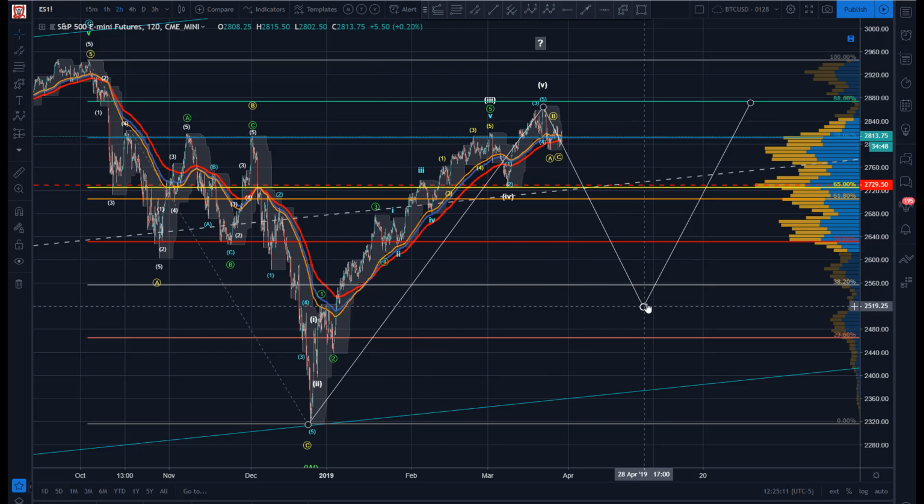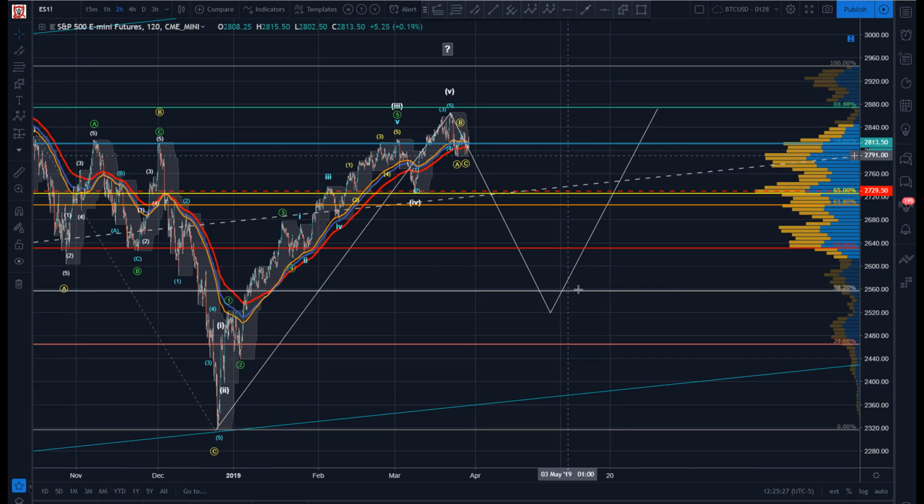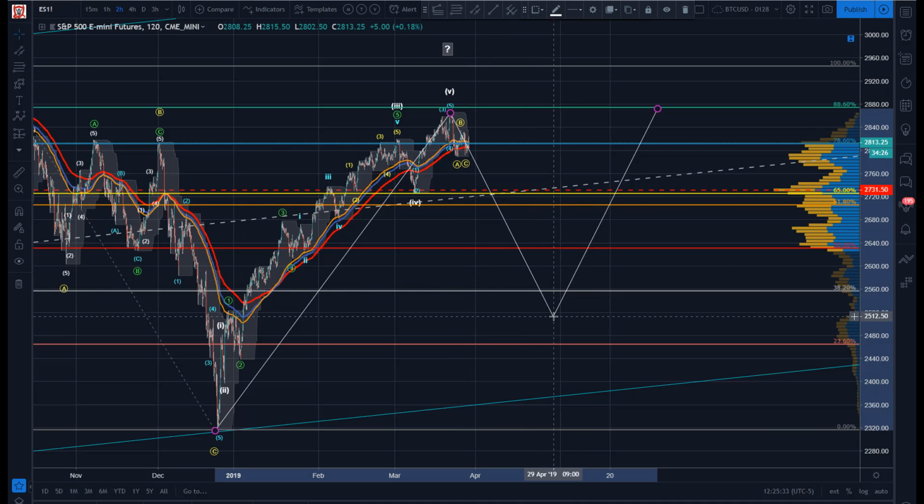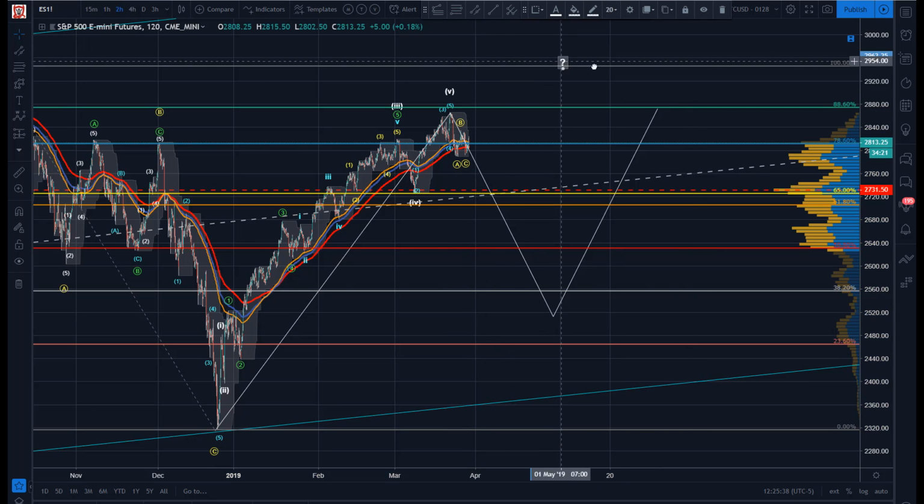Well, maybe with the Fed's support here, barring the unforeseen event that causes the market to really come down hard, I think the more probable case here is that rather than 1, 2, this is the A wave of an X wave. Right now, you're speculating here because there's no way to know, right? Until we get, at least I'd need the B wave here of the ABC of the X for that to work. So, question mark, are we done here? Is this going to be an X wave that would lead, so if we get a